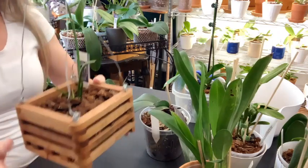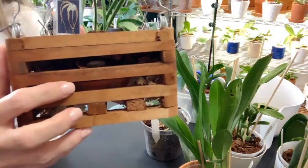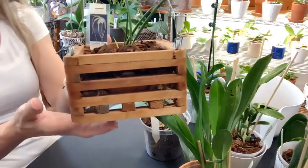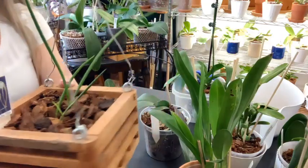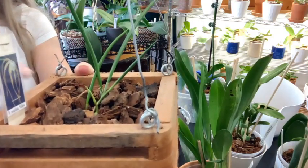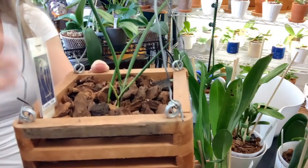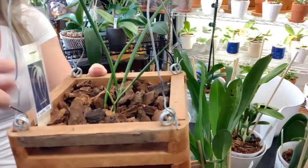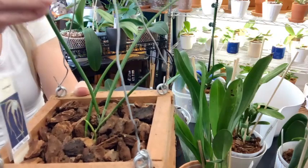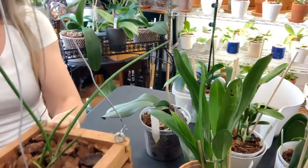When I repotted her into this, just as a reminder, there is a clay saucer at the bottom, and then there's just bark, and then I've got some moss in the corners. We could barely see this new growth right here, and in less than a month, today is the 10th of September, so right at a month, 2 days away, still less than a month, this is what she's done. These ones that she already had when she came to me have perked up,